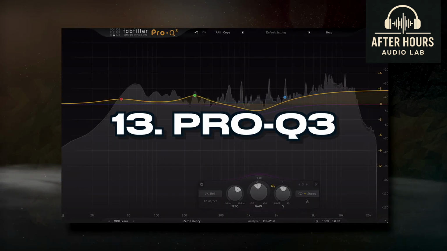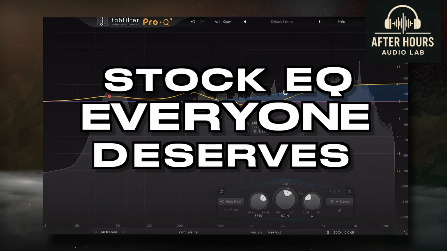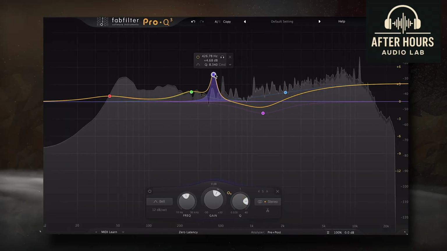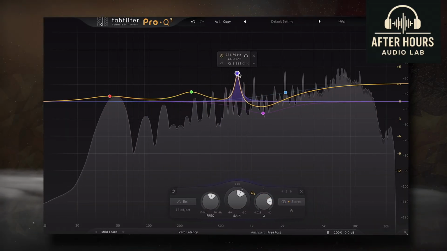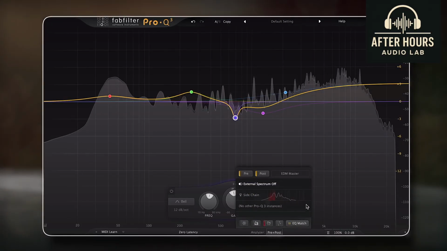Coming in at number 13, we have the Pro Q3. So someone once described this plugin to me as the stock EQ everyone deserves, and I think he was right. This is the EQ that I always go for when I need to make a quick change to something. Its filters are accurate, it has a great UI, and it offers everything that you need to EQ a signal